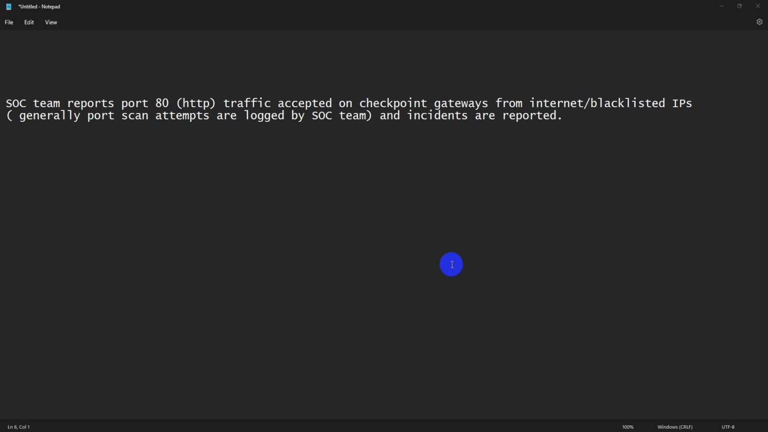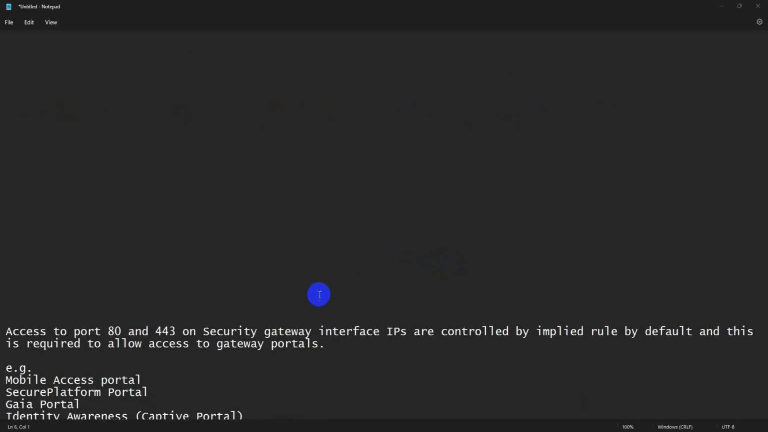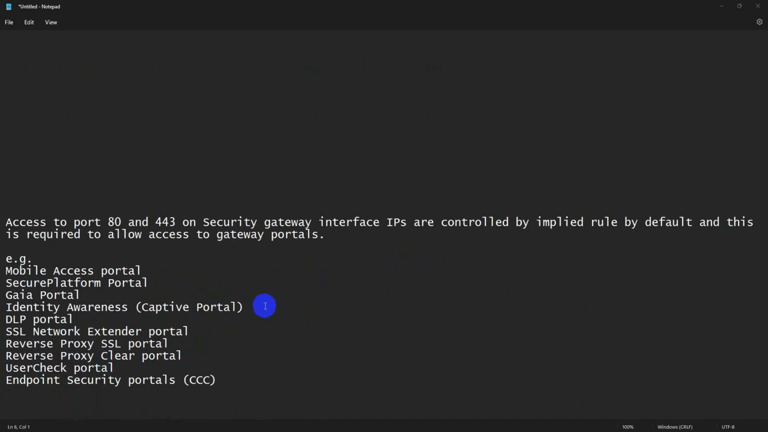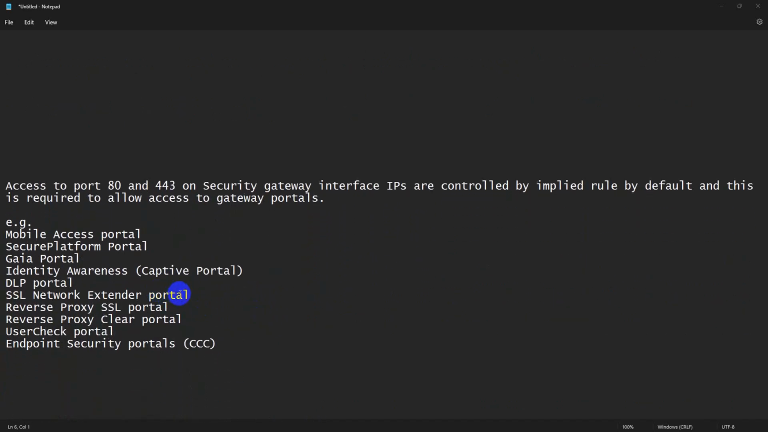Please check. So actually, on Checkpoint, port 80 and port 443 are controlled by implied rules, and they are generally used for gateway portals. So what are gateway portals? These are examples of gateway portals: mobile access portal, secure platform portal, identity awareness captive portal, etc. So these portals, when you enable them on the Checkpoint gateway, you try to access them over port 80 or port 443,